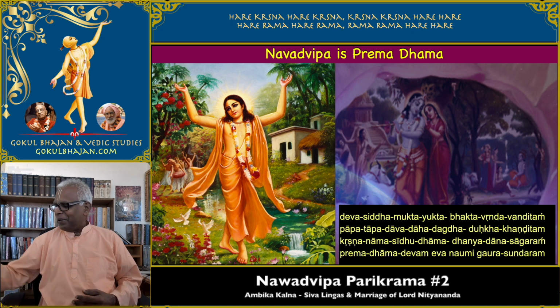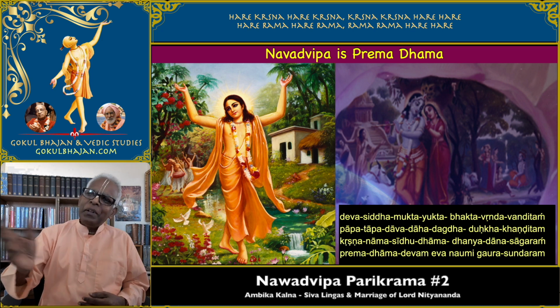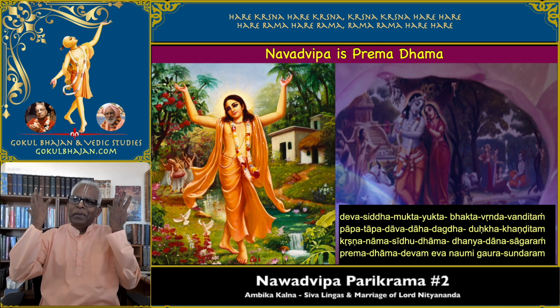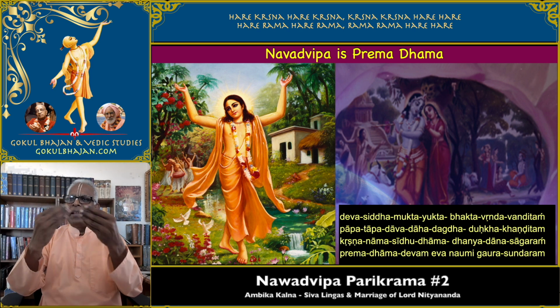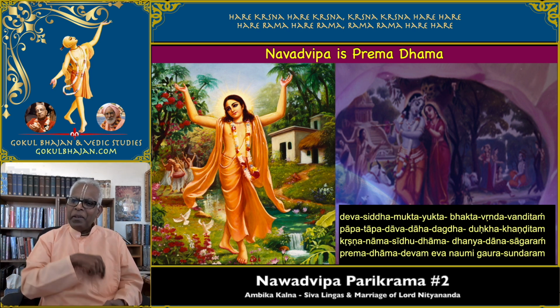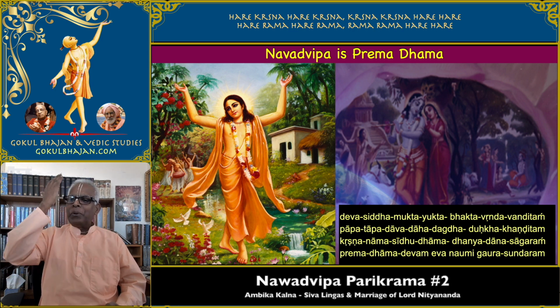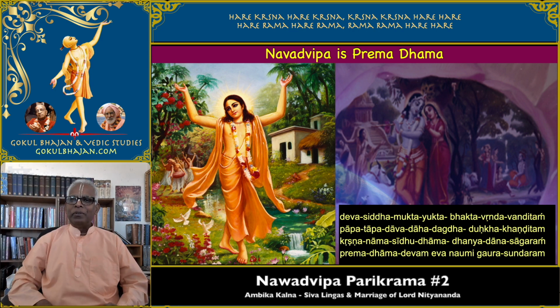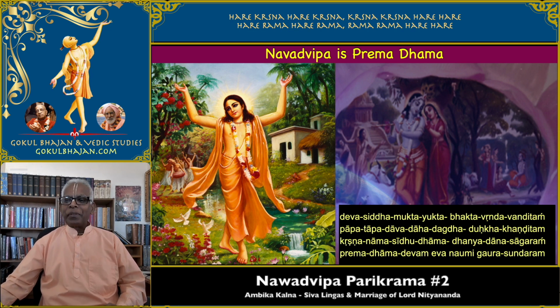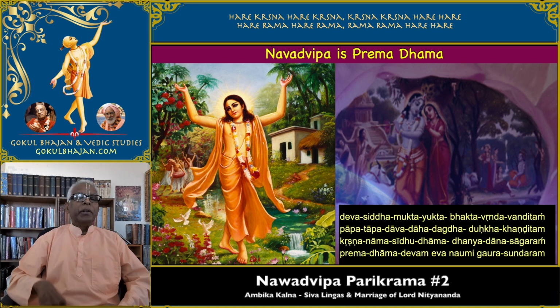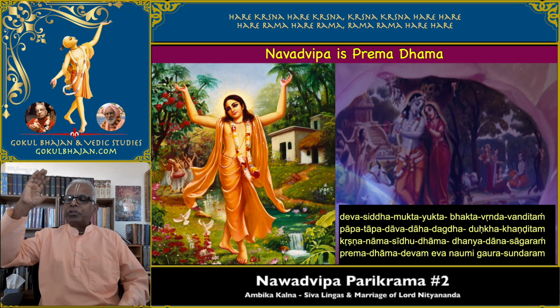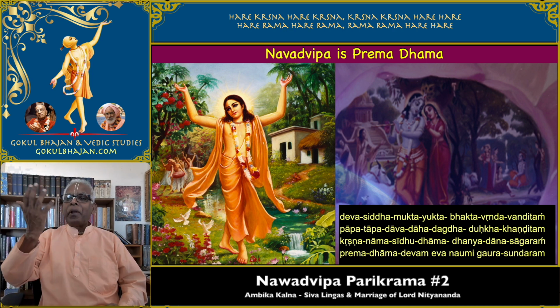So he says very nicely, because I wanted to actually sing everything, and that is another big episode. I love this. And the tune, I don't know where it came from, it just fit. So he's saying, all glories to that golden Lord, Gaura Sundara, beautiful. So this divine abode, this Navadvip Dham, even the demigods, mystics, and everyone aspire to come and get darshan. And the pure devotees of Lord Krishna all sing constantly in his praise.